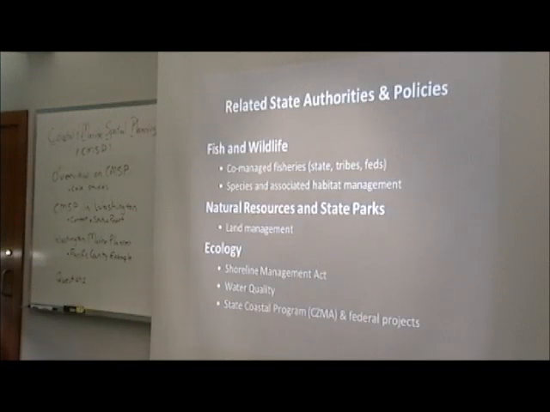Same process a lot. So just to call out some of the related state authorities and policies. Fish and Wildlife manages fisheries and habitat. Natural Resources and State Parks are land managers primarily, so Department of Natural Resources issues aquatic leases for activities that affect the seabed. Ecology, my agency, works with Shoreline Management Act, water quality. We're also the home of the State Coastal Program. So you can see this gets at Paul's thing of there's lots of agencies with lots of roles, lots of history here, and how can we bring this together to integrate